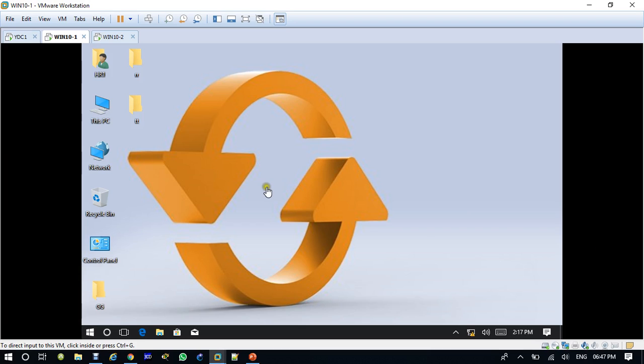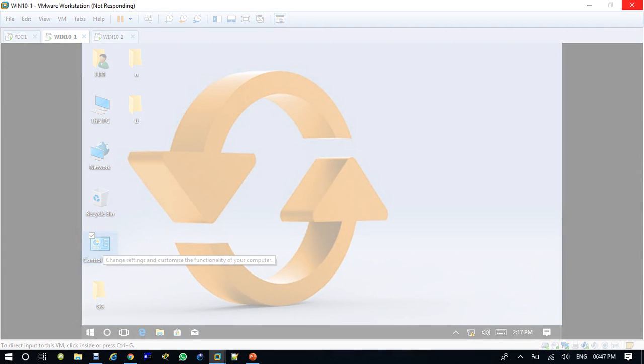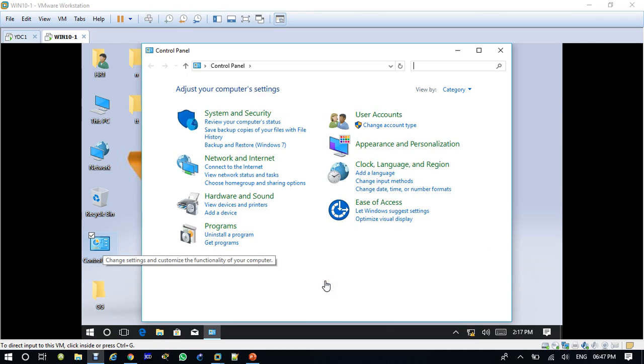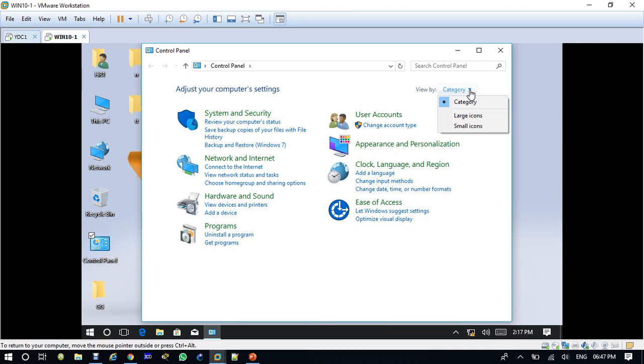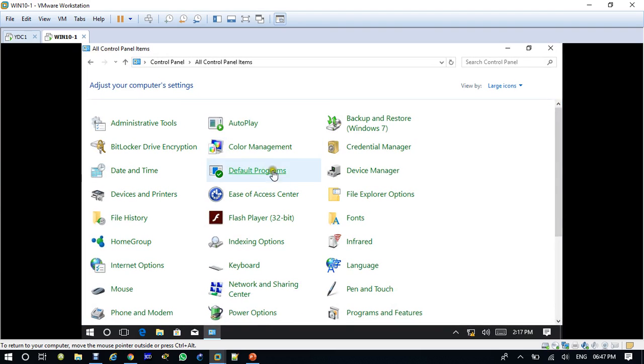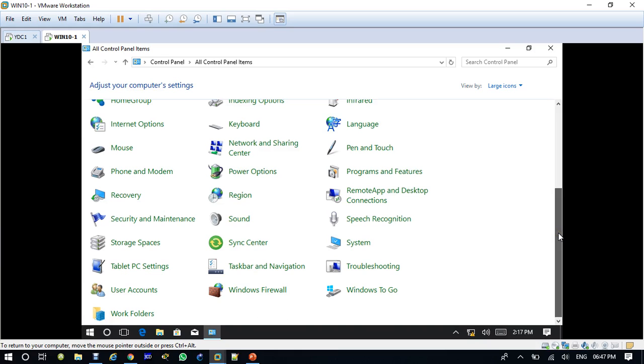Now by default, if you open control panel here, you just click on the category and large icons. You can see by default that the user is able to see all the control panel items.